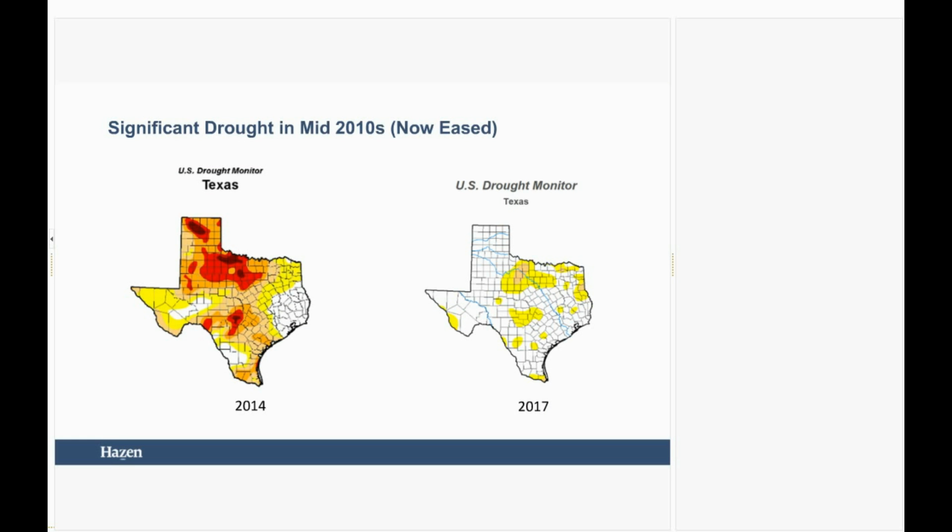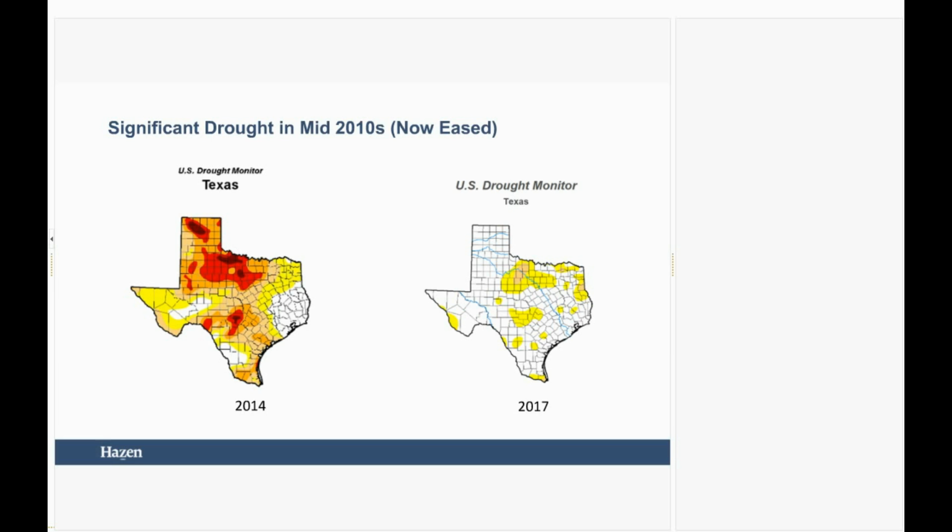Okay, I'm going to have to move a little bit quicker as I'm watching the time, but I do want to talk about Texas. And Texas is different. It's different in many ways from other states in the US. It does act as a bit of a standalone state. It did have a significant drought through the 2010s. It's now eased somewhat, as has California's, but it had some significant droughts that were towns and municipalities that literally